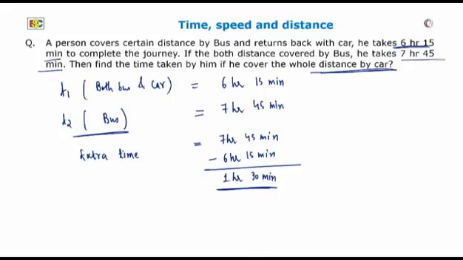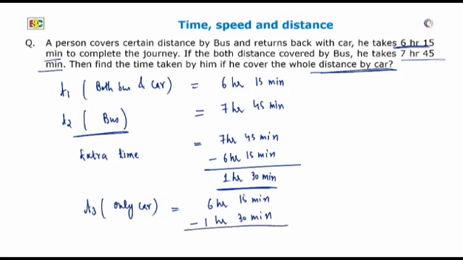Now, if he took only car, then time taken by him will be equal to 6 hours 15 minutes minus 1 hour 30 minutes, and that will be equal to,